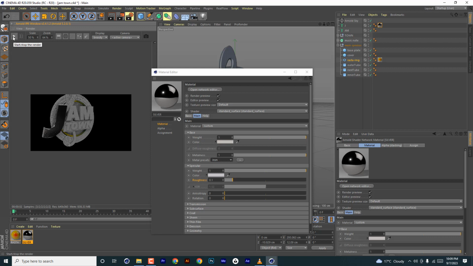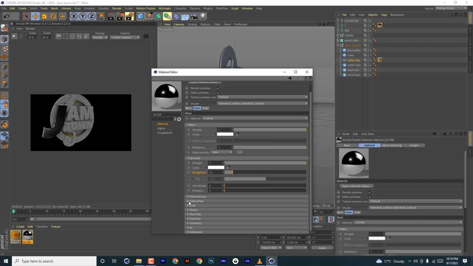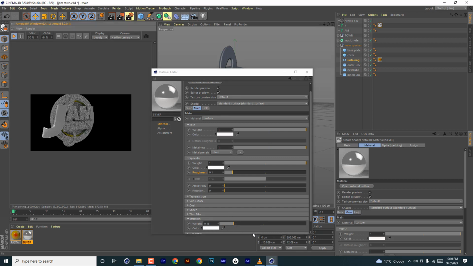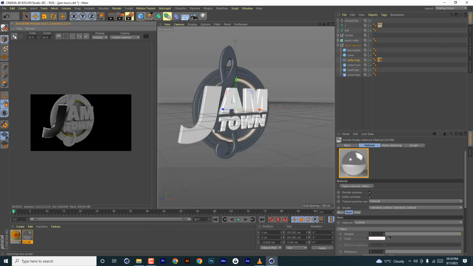Just trying different options, see which one works. So even trying to add emission. This stage mostly is just trying different types of materials and seeing which one works best for your design